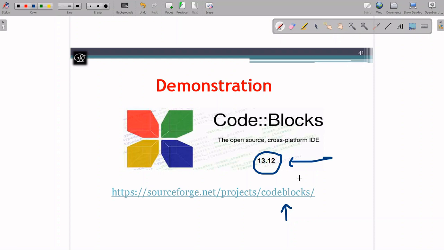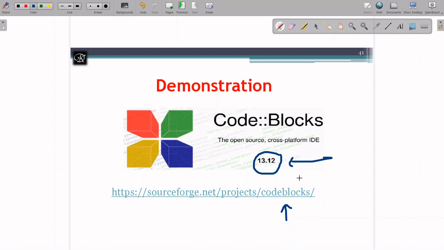Again, you are now beginning with your lab, so I don't want you to waste your time with those things. Better you can go with a lower version, and these versions are not going to play a major role when you are going with simple programs like this. When you are going for a complex implementation, yes, versions also play a major role, but we are doing simple programs, so you need not worry about the versions.